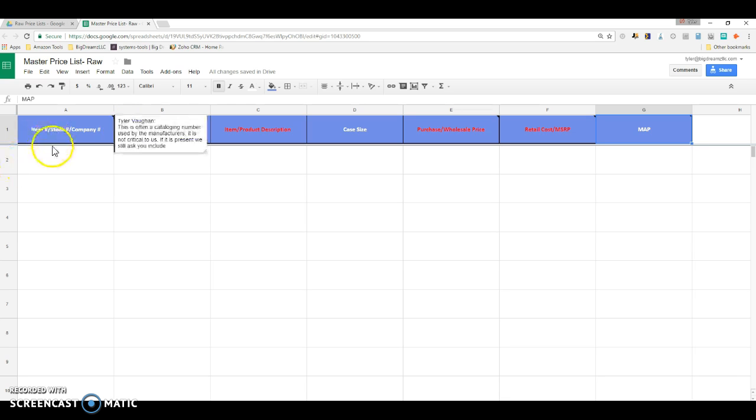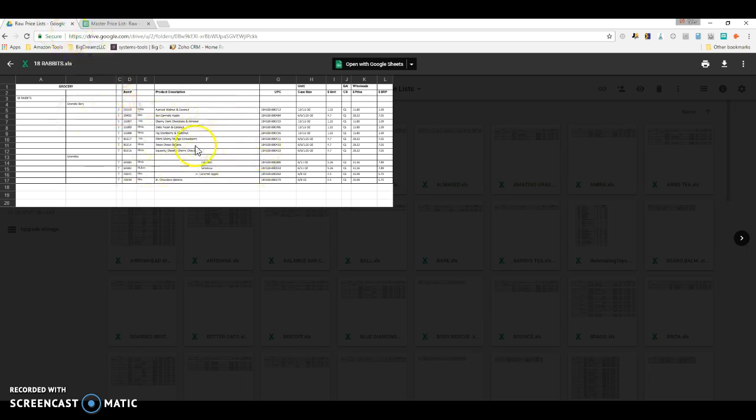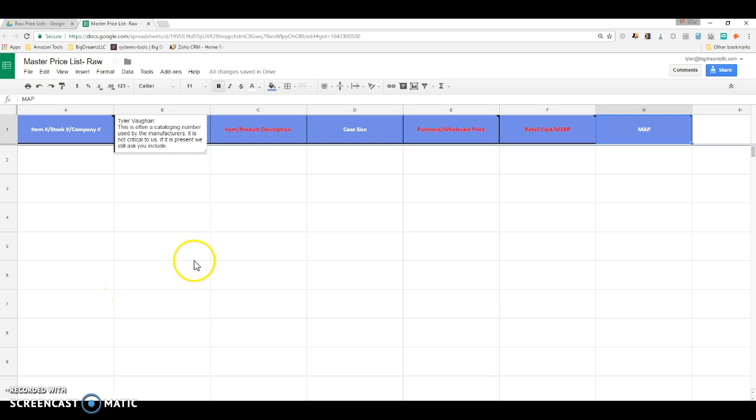This is the master price list, where you will see in the next video that we will have you take this information from all of these price lists, copy, paste, essentially into the appropriate columns here, and that will help us in the process of your job, which is getting this master raw list collected, and then essentially the last function would be to run it through Price Checker. So just a quick look at the tools and the spreadsheets you're working off of and the locations you're working off of. We'll take this video and end it now, and the second video you'll be watching will take you through very simply